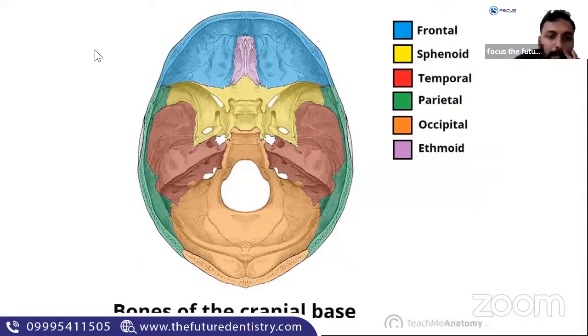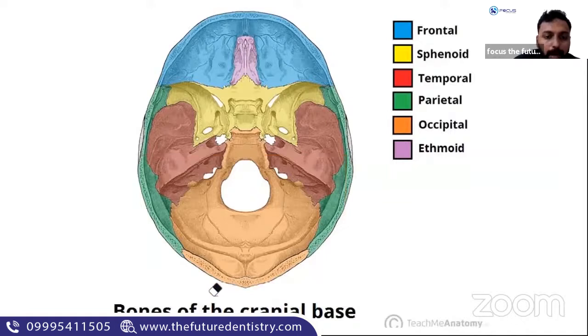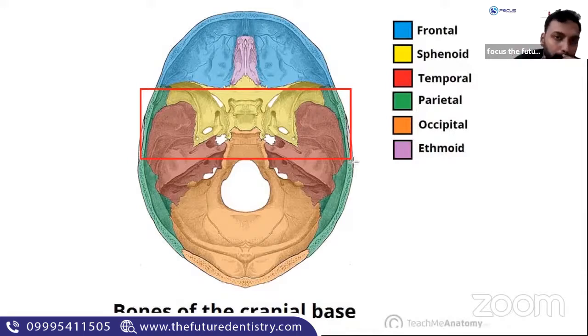So this is that area. Have a look at this picture. In the last slide, I had shown you around this much. This part we had discussed. The next thing we are going to discuss is the part just above it, so it will be this area. Have a good look at which bones are involved, which is the major big bone or the central bone here. The slightly yellowish colored bone here is the sphenoid.